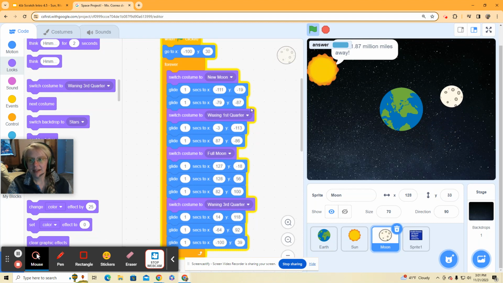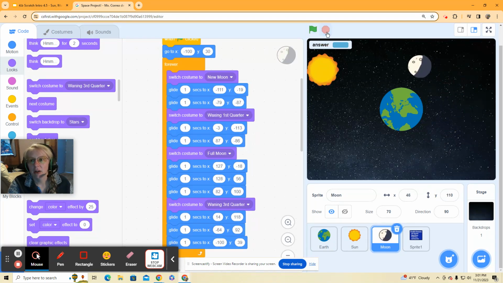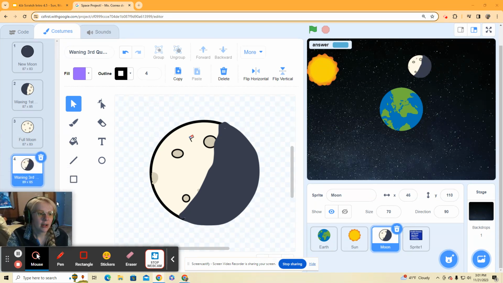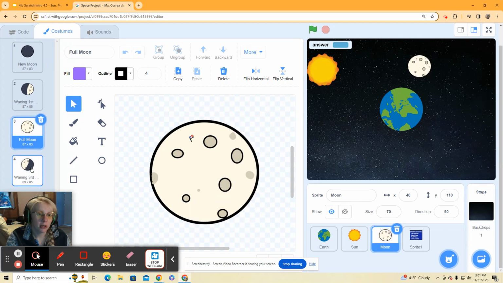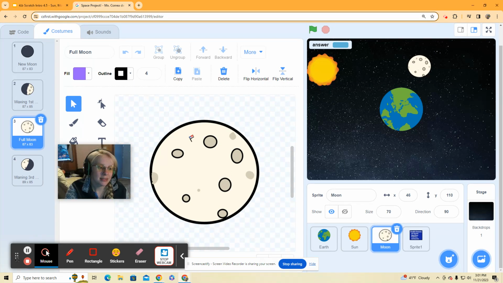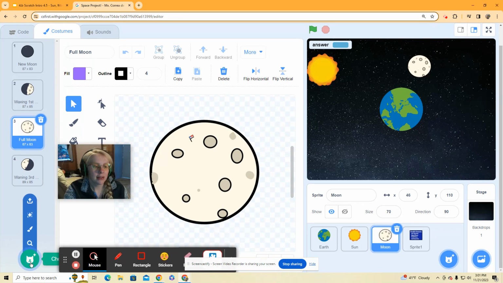Let's take a brief moment and look at costumes here. I'm going to click stop. Let's look into costumes. And you guys can see that I have 4 costumes for my moon. I actually made my full moon first. And all I did to do that, I'm just going to move my stuff over here. All I did to do that